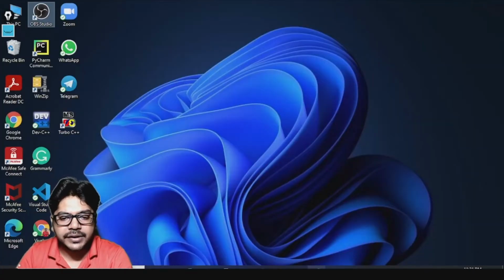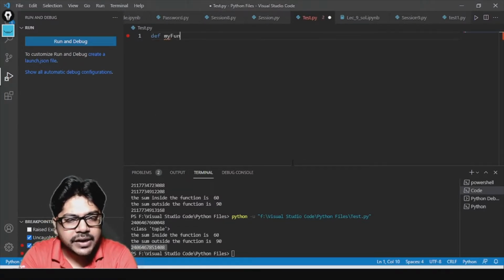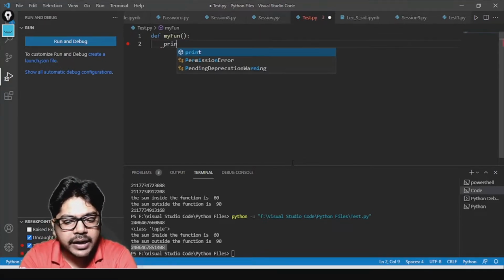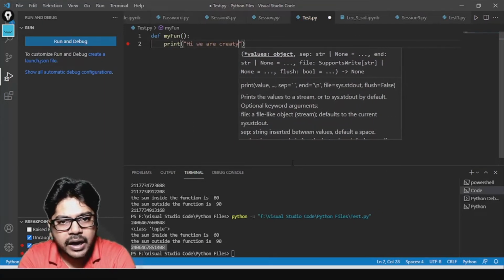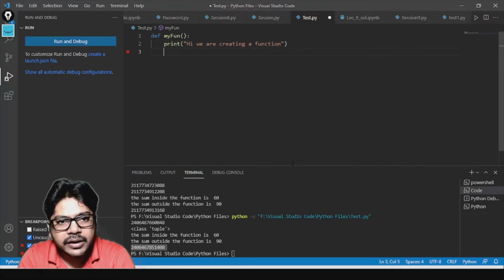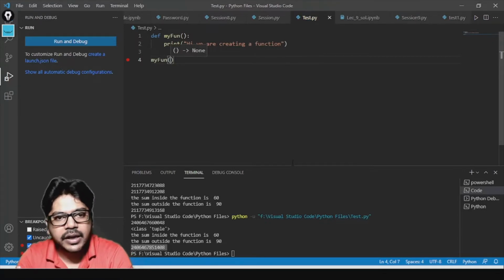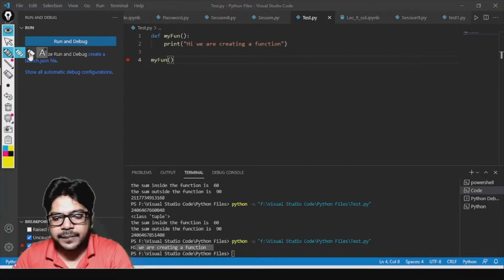So let's go to the editor and write this program. So def is the keyword, my function is the name that I am creating, no parameter given, putting a colon to create a block, and here this function is just going to print, hi, creating, spelling is wrong, creating a function. Okay, then press enter, come out of the block, and then call this function here like this. And now when you run it, can you see we are creating a function? It is giving you the message, we are creating a function, right? So what did you do? Check it once again.